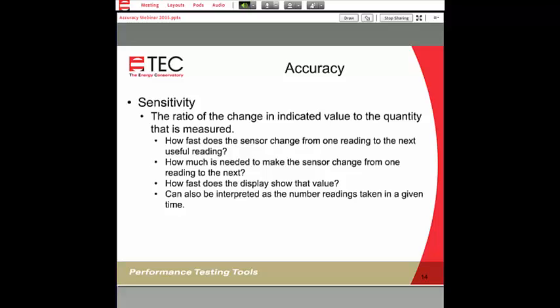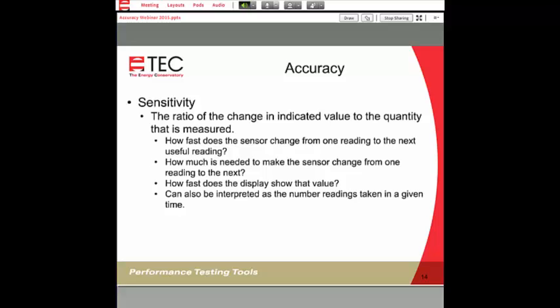This can also be interpreted as a number of readings given over a certain amount of time. So for example, our DG700 displays, the smallest display sensitivity is 1 second, meaning every second you'll get a brand new value. What you don't see behind the scenes is that the processor is taking 10 readings in a given second and then displaying that.